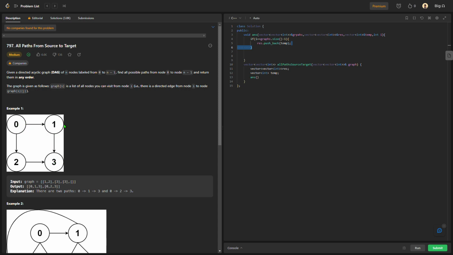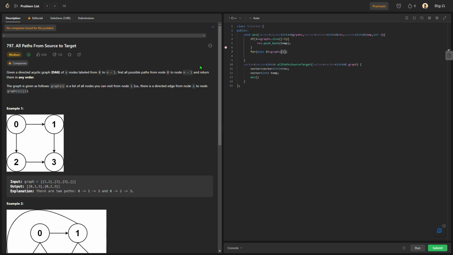As and when we iterate over these, and when we reach the index that is current, that is graph.size() minus 1, we would be storing this whole vector in our resultant vector. Now, for each node I need to iterate over its children. So for auto it in